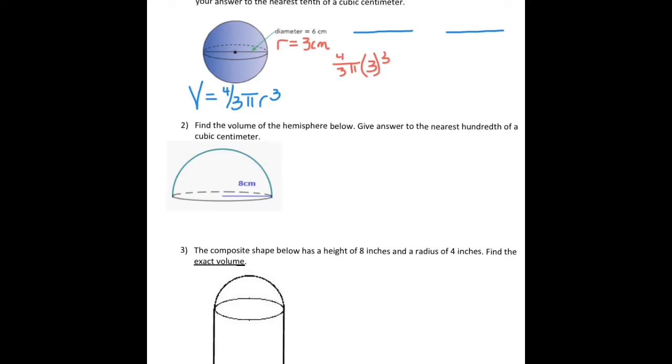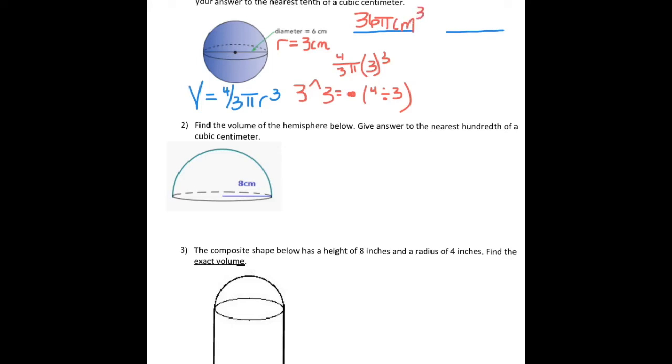And then I'm going to take that and multiply it by 4 in a parenthesis, 4 divided by 3. So I'm going to write it out so you can see how I put it in my calculator. I do 3, and then I use the caret function, cubed, and I hit equals, and then I use the multiply button, parenthesis, 4 divided by 3. And I find out that that answer is 36. And I still have to multiply it by pi, so this is 36 pi